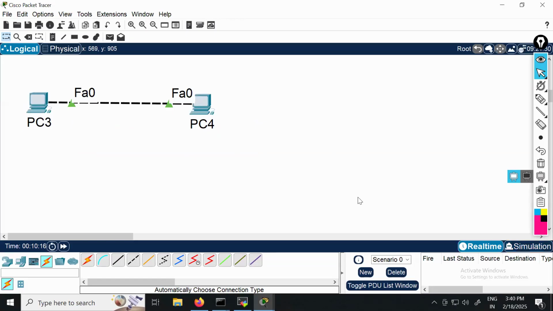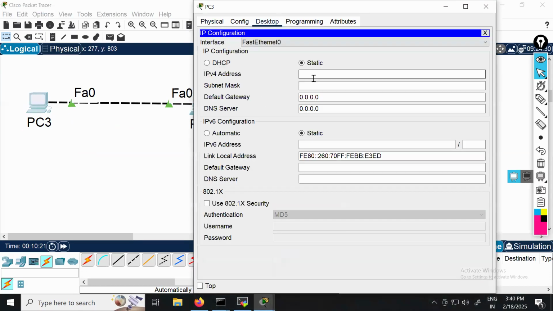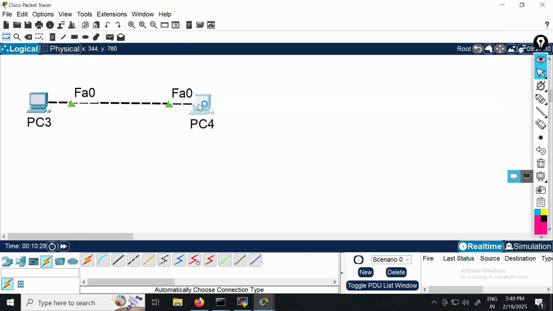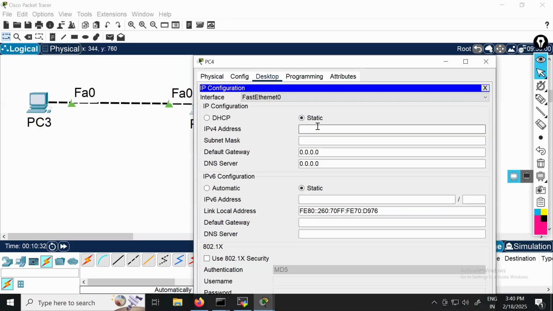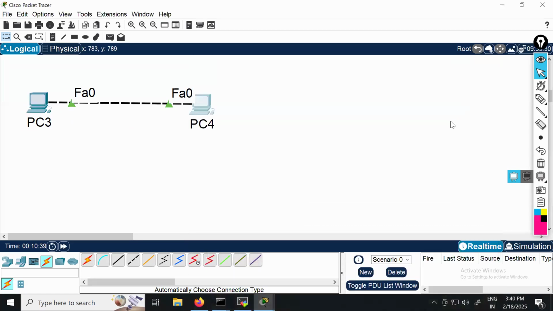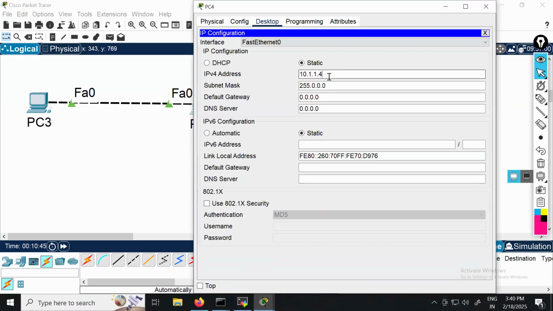Directly I'll go to the PC and try to assign an IP address. Now here, if I assign, let's say for example, 10.1.1.3, any problem? No. If I go here and assign 10.1.1.4, any problem? No, because these are unique IPs. But if I go here on the PC port and try to assign 10.1.1.3,